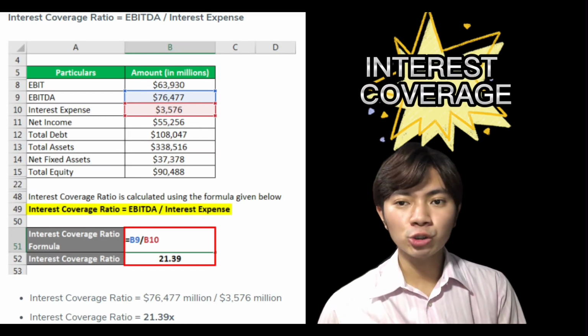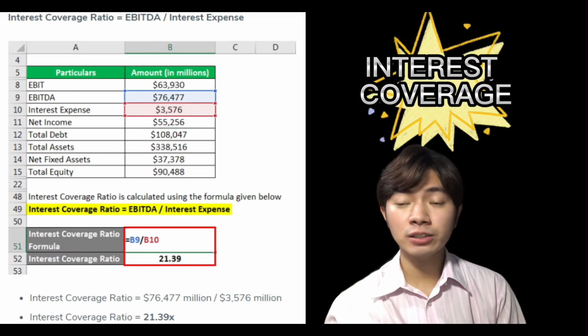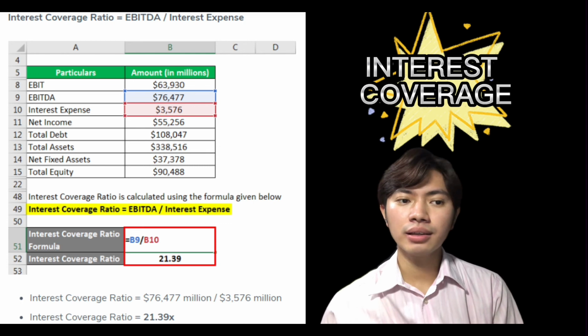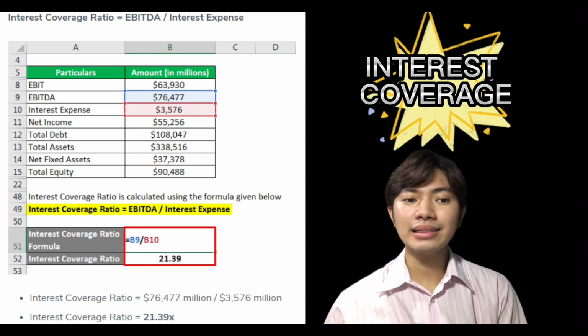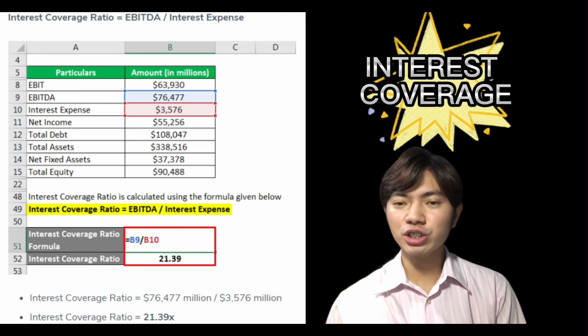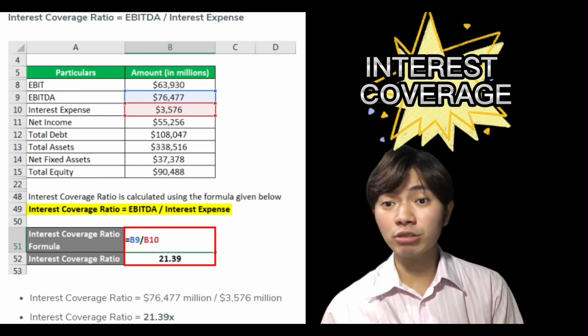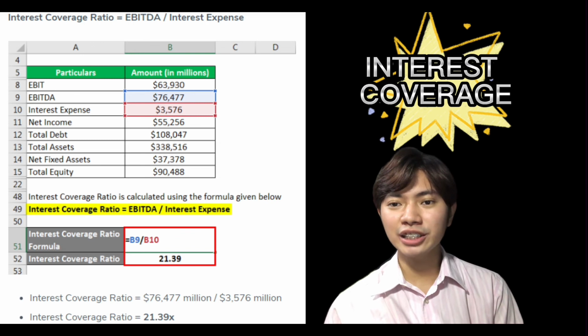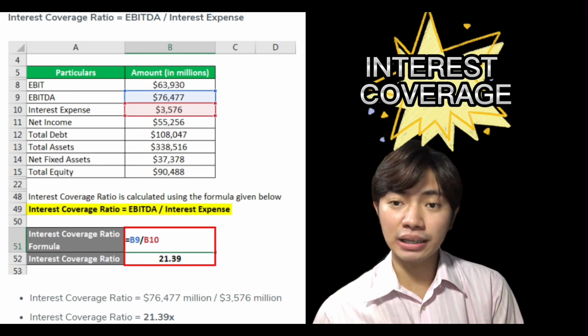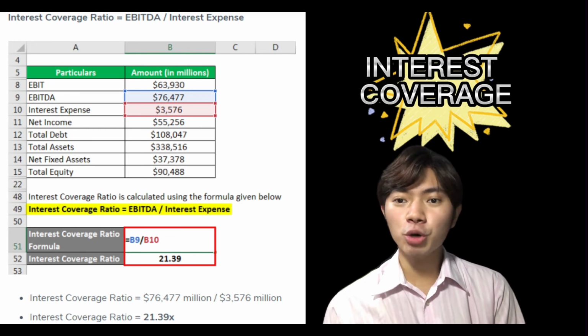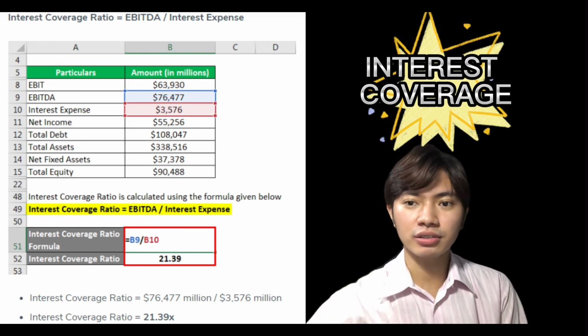And the last part ng solvency ratio is yung interest coverage ratio. Na it is important sa company because it is the financial metric that measures whether a company can pay their outstanding debts. So, the general rule dito is the higher the ratio, the better position of a company na makakabayad sila ng mga obligations nila, interest obligations.